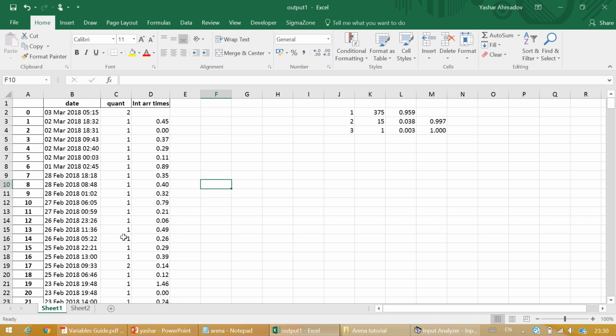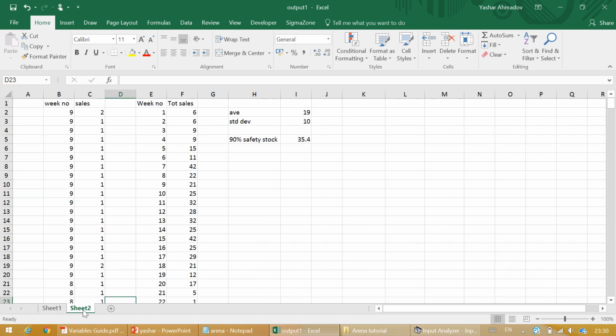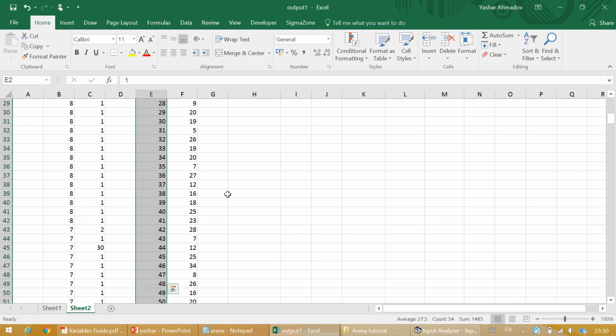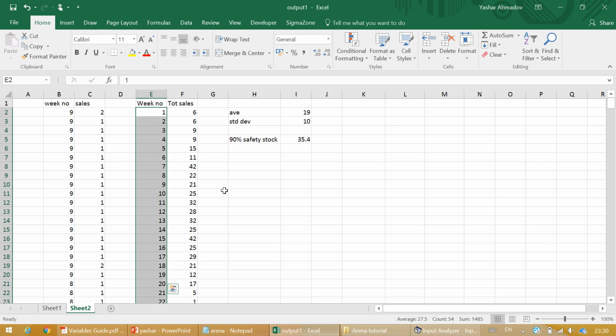Let's do the same and check. It's exactly the same model. Instead of putting the inter-arrival times and empirical distribution for my demand, I'm going to use normal distribution. And I've copied these and aggregated weekly. And this is my last 54 weeks data. In each week, how many total sales I have realized. And if I draw the histogram,